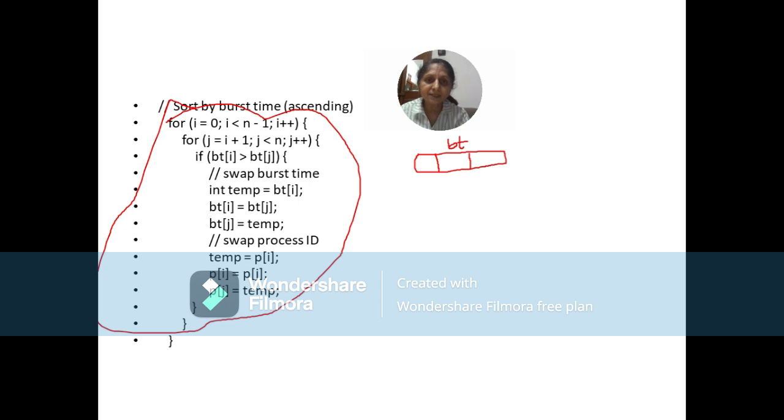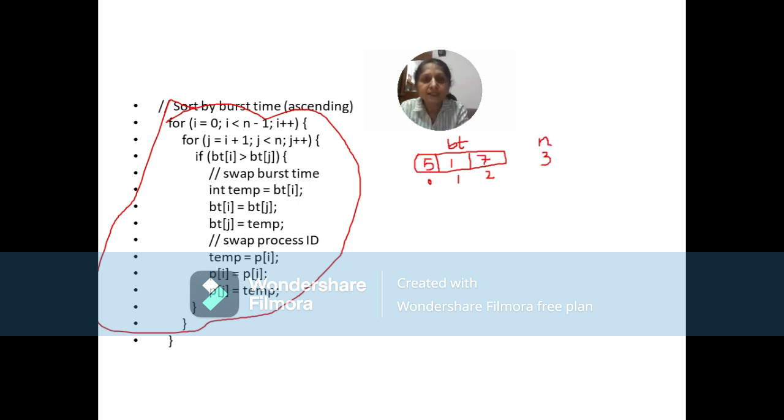First is subscript number 0, second is 1, and the third is subscript number 2. And when we execute the program, we enter the value of n as 3. How many processes? 3. And then we enter the burst time of process P1 as 5, burst time of process P2 as 1, and burst time of process P3 as 7. You can enter anything, but in our lab journal, I have kept this input constant for all the CPU scheduling algorithms. So let me just write.